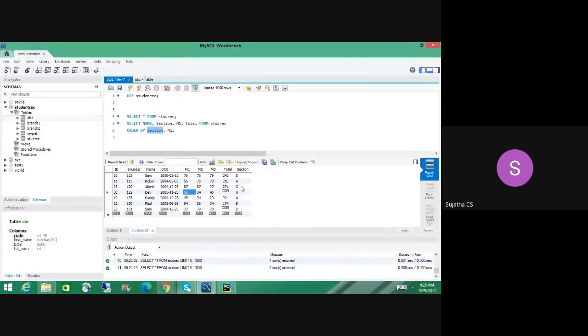Then it moves on to section B. So it will select this B and then these three. The fourth record will be 76. It will sort by M1. So 76, 84, 77. So the fourth record will be Sam's record. Then 76, again Sam's record. Okay, we will change this Sam's. I have to update. Then apply, finish. Okay, you know how it works, right?